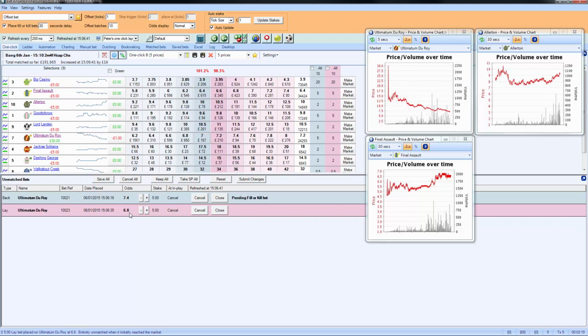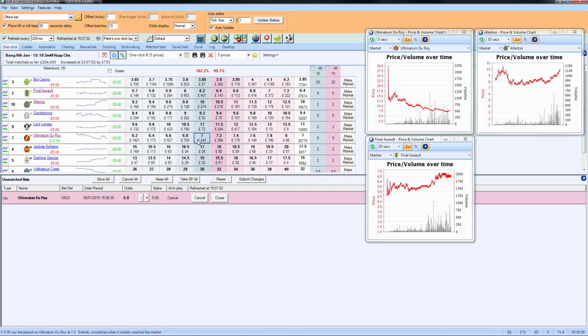BetAngel's offset it to 6.8. So if the price comes down to 6.8, in fact it's gone out a little bit, it's just spiked out, you can see, to 7.4. But we can still see that the trend is coming down here. We can see Final Assault is going out, we can see that Allerton is going out. So it's very likely that those orders actually will get filled. So the first one's been taken and our order has gone through and we've made a profit. We're waiting for the second one to get taken at 6.8, and when that gets taken at 6.8 we'll have a £2 profit. But can you see how we've just used charts to elevate our knowledge of the market a little bit better,